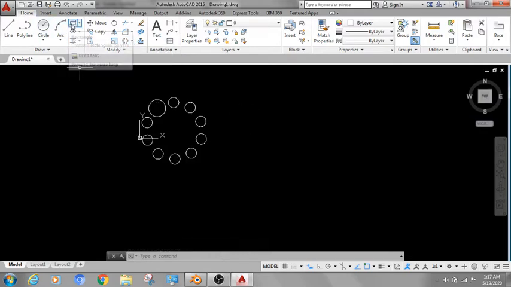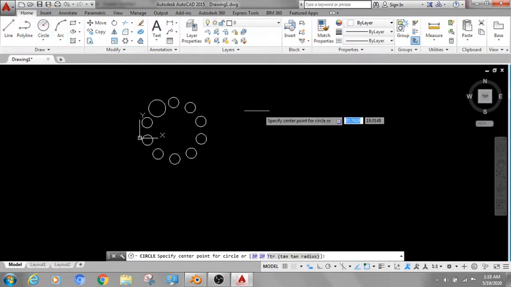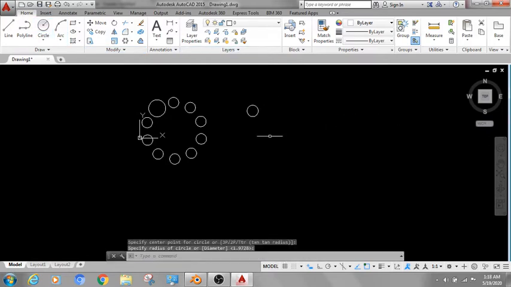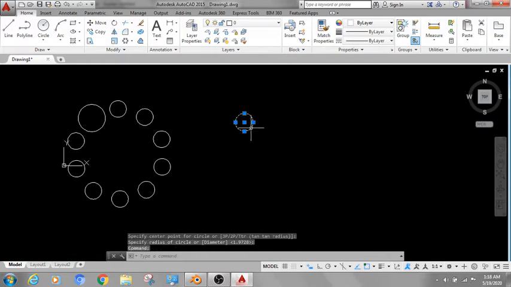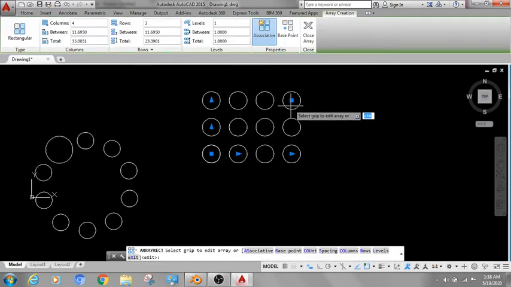Next option we will see is rectangular array. So I am just selecting a circle. Rectangular array. Now here you can see number of columns 4, and number of rows 3, and here also you can see levels.